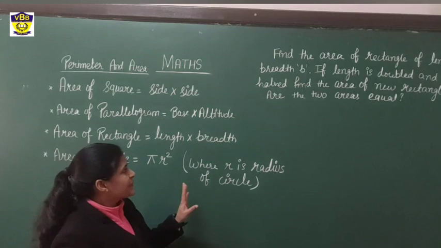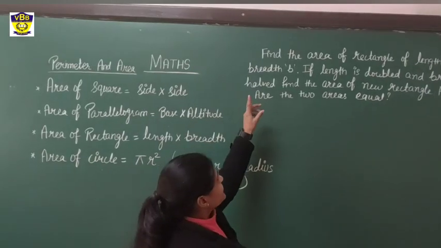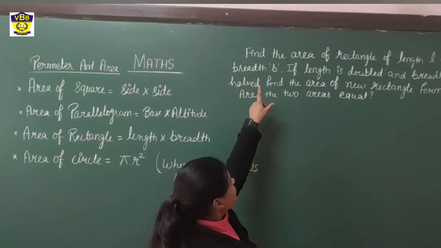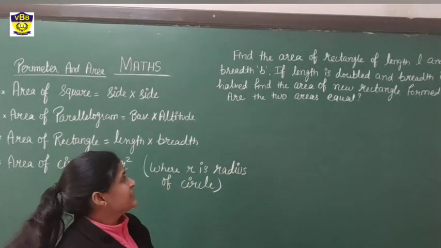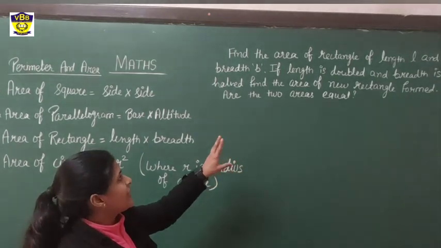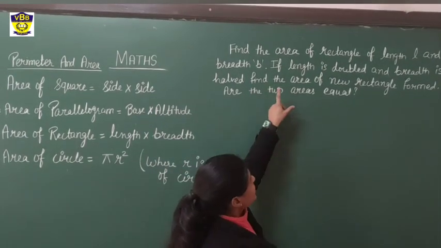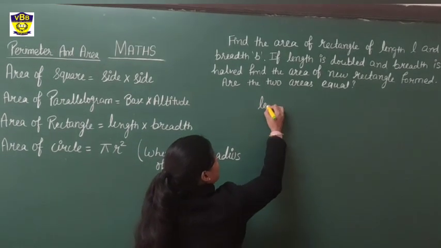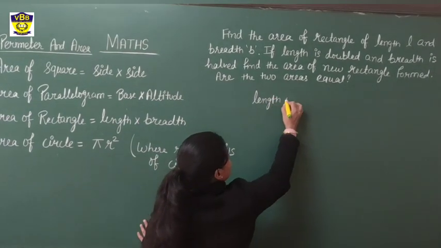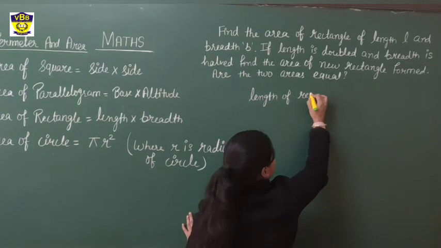Now on the basis of these formulas, let us solve one question: find the area of a rectangle of length L and breadth B. If the length is doubled and the breadth is halved, then find the area of the new rectangle formed. So let's start. Length of the rectangle